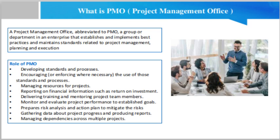So what does that actually mean in practice? The PMO team fulfills a variety of functions on a day-to-day basis, including developing standards and processes, encouraging or enforcing where necessary the use of those standards and processes, managing resources for projects, reporting on financial information